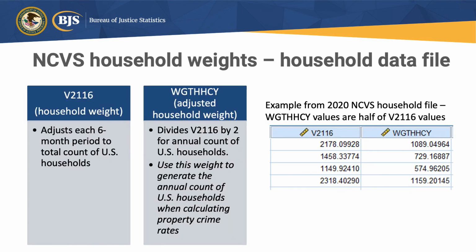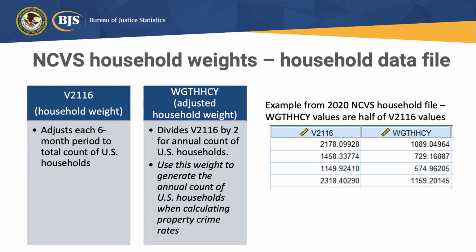Each NCVS annual data file is comprised of 2 6-month data files. So the NACJD, the National Archive of Criminal Justice Data, who processes and publishes the NCVS data files, receives 2 6-month incident files, 2 6-month household files, and 2 6-month person files, and then combines them together to create annual data files. Because these 6-month files are standalone files and include person and household weights that are representative of the entire population, the person and household weights must be adjusted when combined, or they would be doubling the population